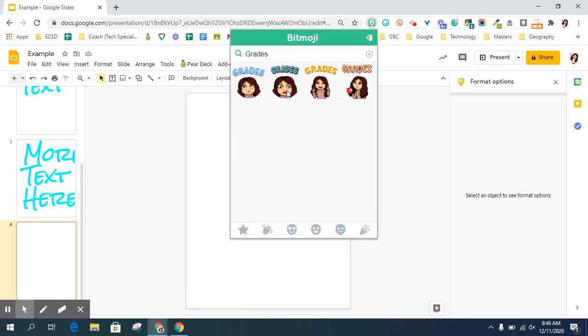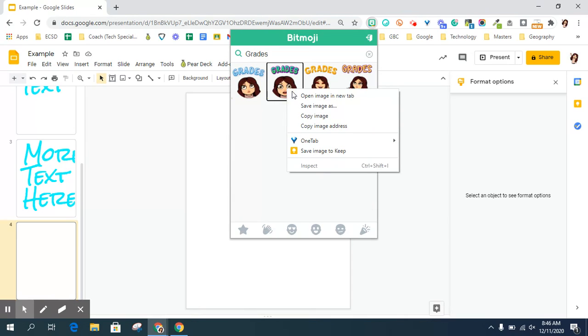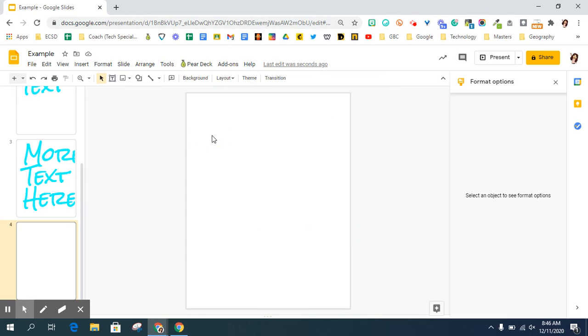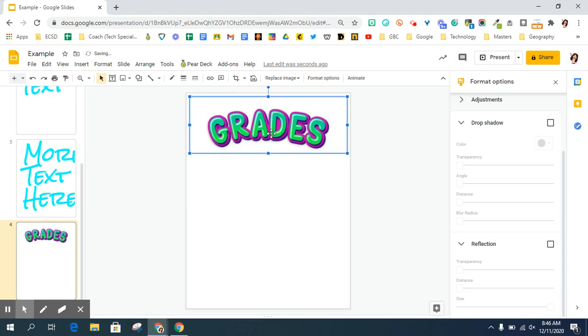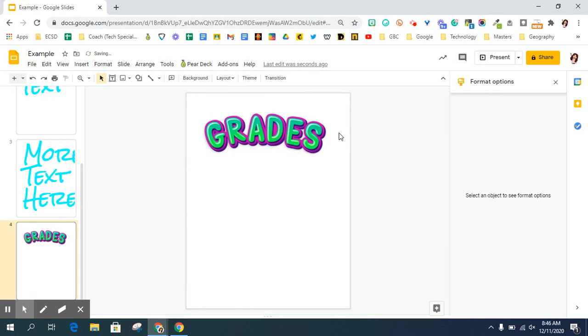And let's say I really like this one. So I'm going to copy her and paste. Now, I don't want the image though. I just want the font. So I'm going to crop that and take her off. And then all of a sudden I have just the font that I can move around and use. So it gives you some really fun fonts to use, that Bitmoji extension, and just put in the words, and you can crop off the little person. So those are some fun things you can do with text and to make your slideshows